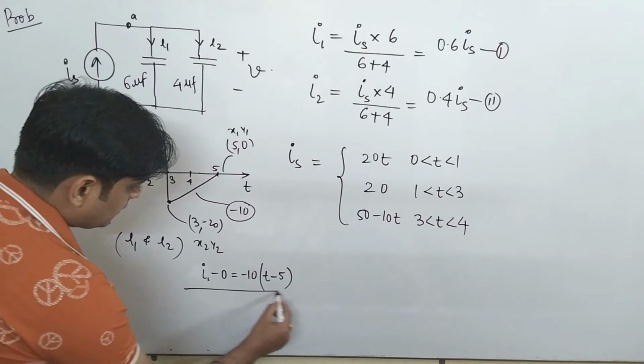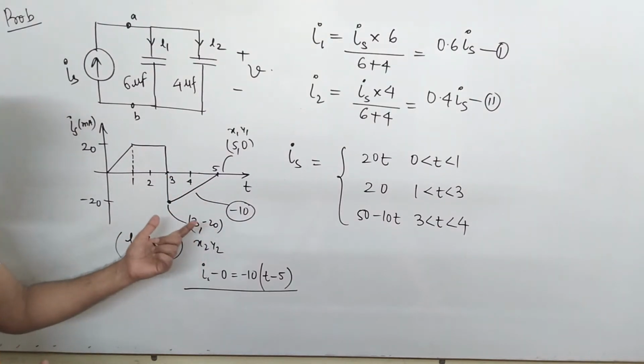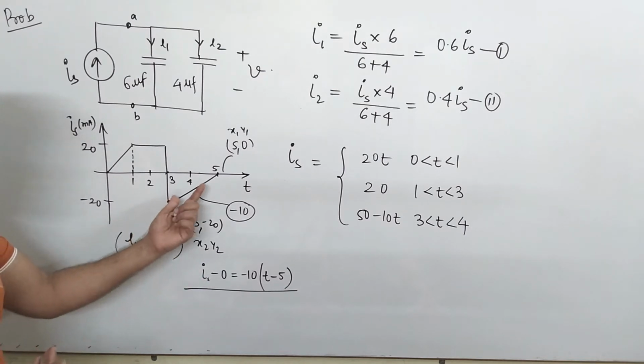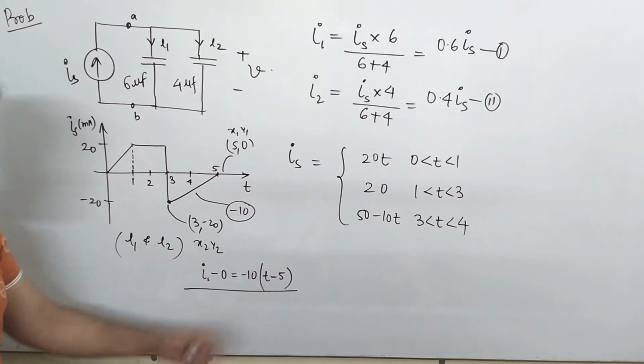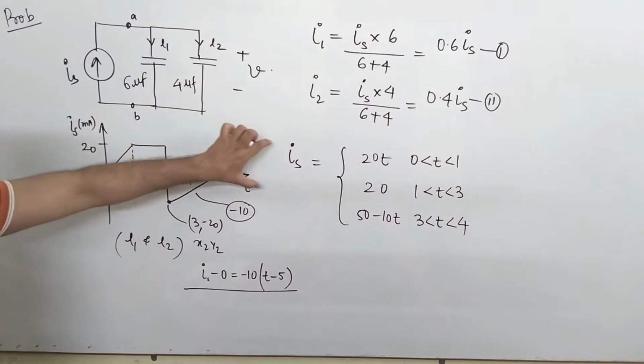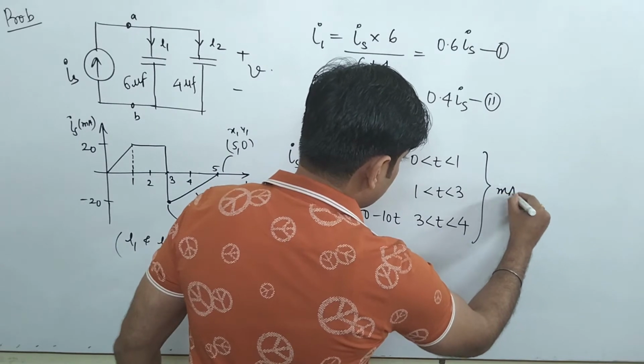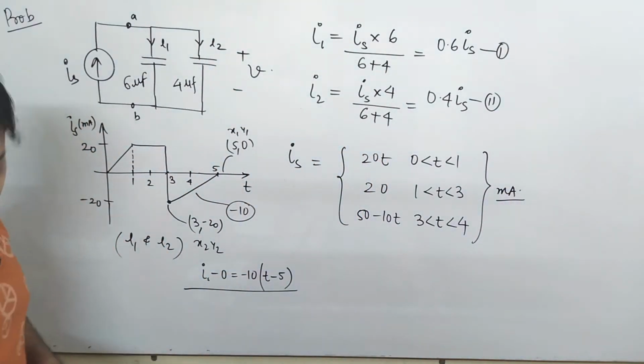See, this is all mathematical calculation, and I don't think you have any confusion in it. Simply we have applied the concept of a straight line, that is y minus y1 equal to m into x minus x1, and with the help of that we first find m, that is the slope, and by considering these as x1 y1 and x2 y2 you can get the answer. So this is your equation that you can easily find. This is the value of IS which is applied across this circuit. So from here, can you find the values of I1 and I2? Very important thing: it is in milliampere. Keep in mind that the value of IS is in milliampere.